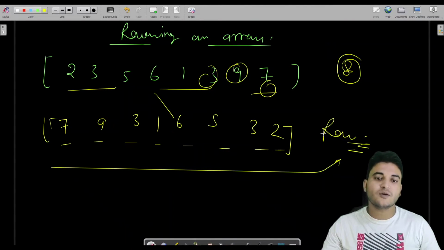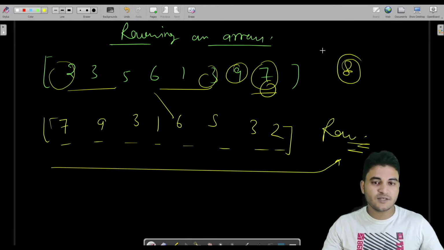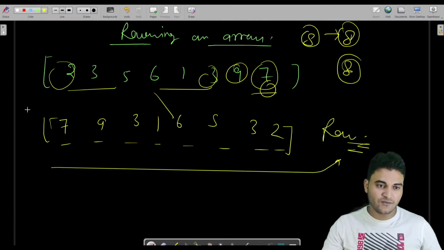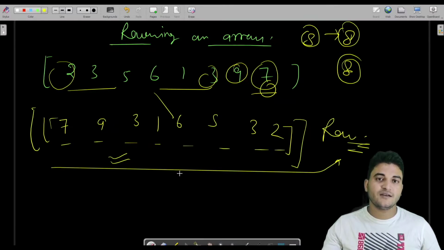But this is not the optimized solution. Why? Here we have two problems. We are iterating over all the values. That means if we have an array of size 8, then we have to run our loop 8 times. This is the problem. Another one is we are using extra space in the memory. As you can see, we have declared another array. What if an interviewer asks you not to use any other space? You have to reverse the array inside that memory only. Fine. So we are going to see that approach,